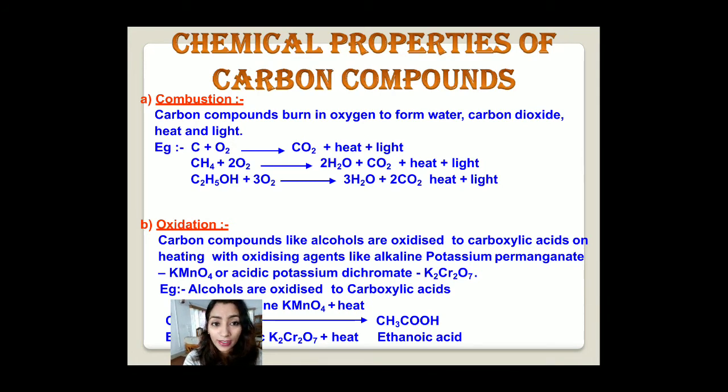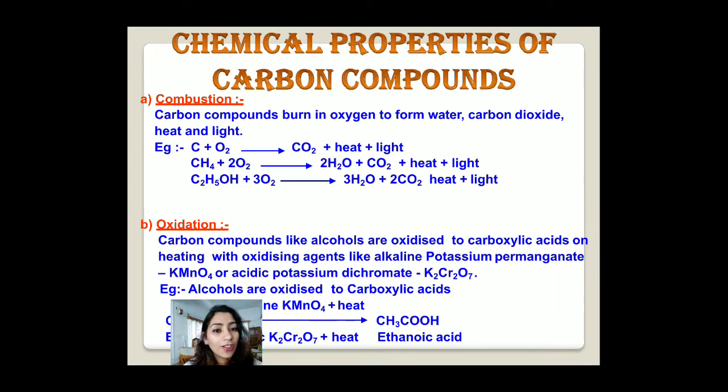Sometimes you have seen in the kitchen that the pot used on the burner has a black layer. Why does it have the black layer? This black layer is because of the fumes we get from the burner. It means the burner is choked, so full gas is not coming, and the combustion is not completed. So these are unsaturated compounds.